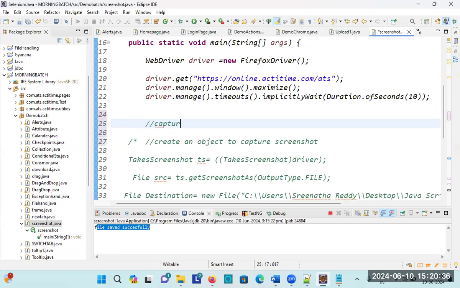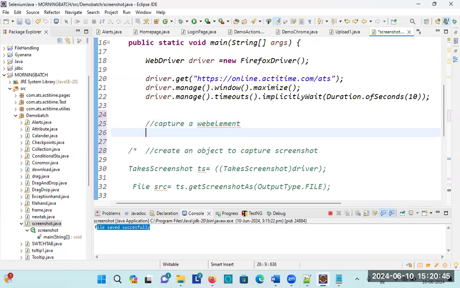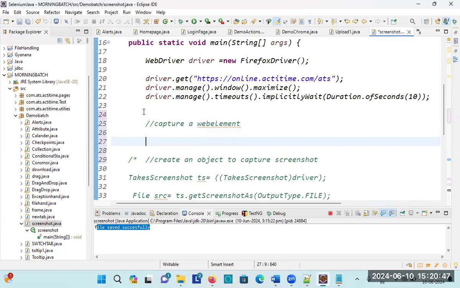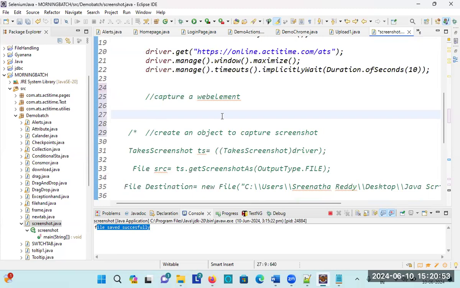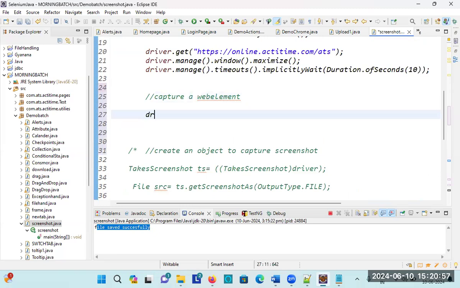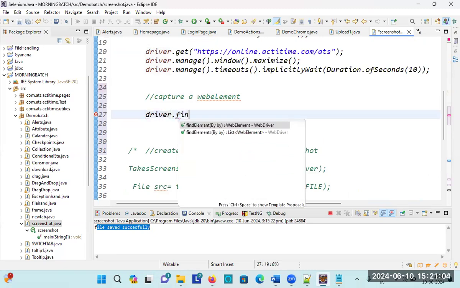Capture screenshot of a web element. Okay, specific web element. So in order to capture the specific web element, again we have to use the same getScreenshotAs. Okay, so from here what you have to do? First of all, you have to find the web element. Which web element you have to capture? So for that, driver.findElement